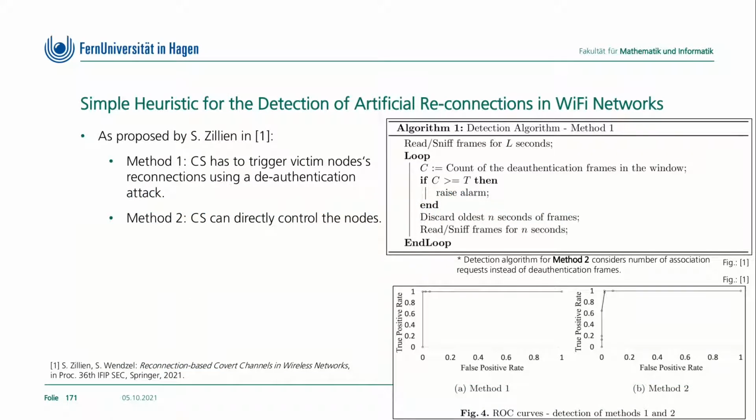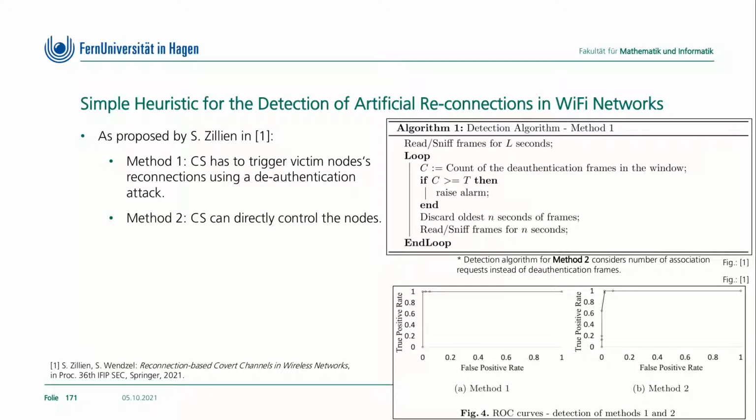And I want to show just another trivial one here. Trivial does not mean bad. Actually, it works pretty well. It was designed by Sebastian Zillian, one of my students. And this is a heuristic for detecting the artificial reconnections channel in Wi-Fi networks that I discussed in chapter 5